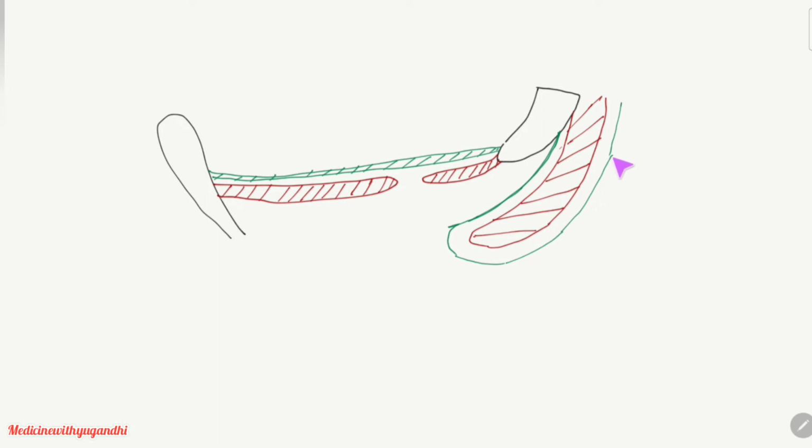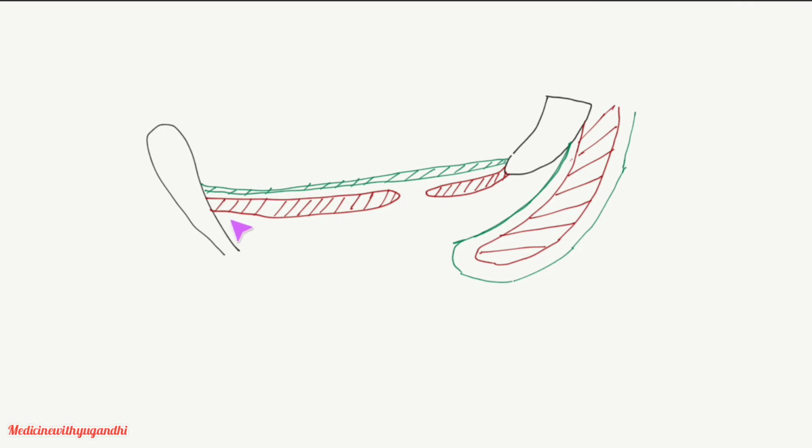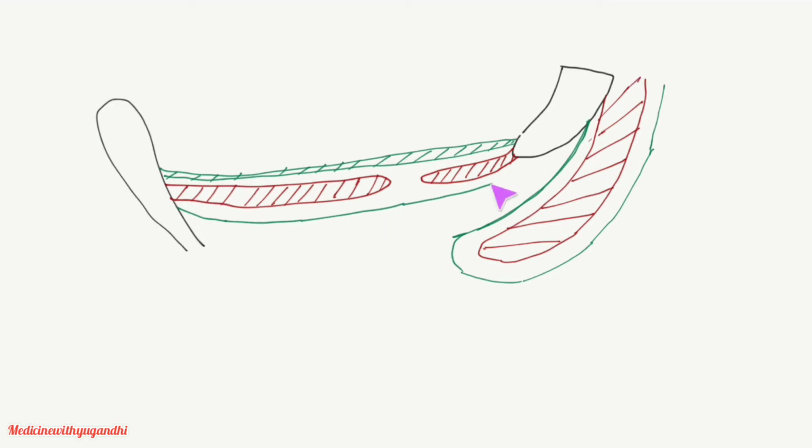This sacrotuberous ligament surrounds the gluteus maximus muscle and just covers the muscle. In other words, we can say that this is the fascia covering the gluteus maximus muscle, right? And beneath this pelvic diaphragm, you could appreciate a fascia called the anal fascia, which extends from the ischiopubic rami to the sacrotuberous ligament. So this is the anal fascia. Remember that this is the ischiopubic rami and this is the sacrum. So this anal fascia extends from the ischiopubic rami anteriorly to the sacrotuberous ligament posteriorly, right?